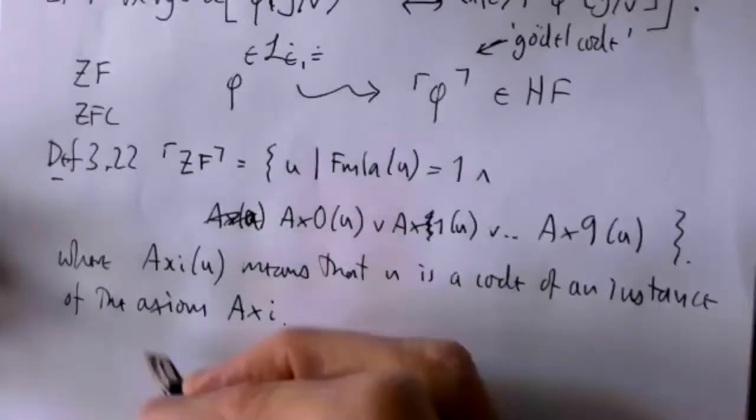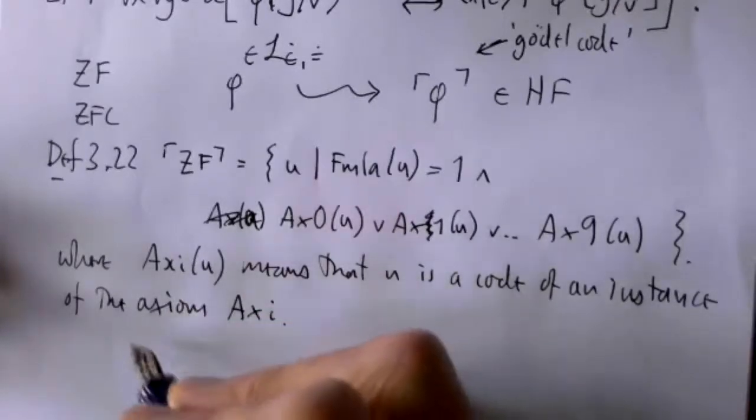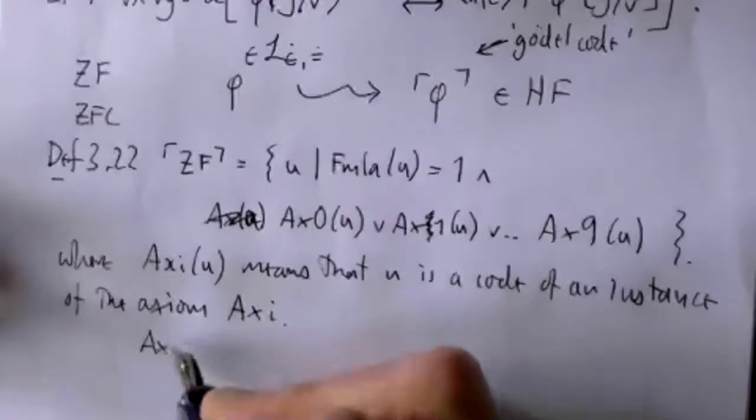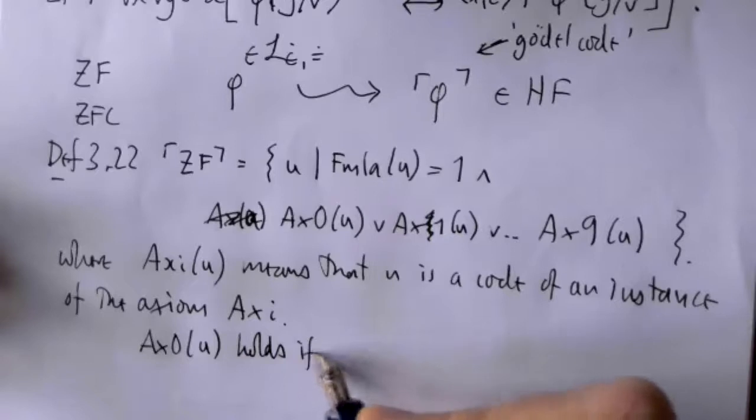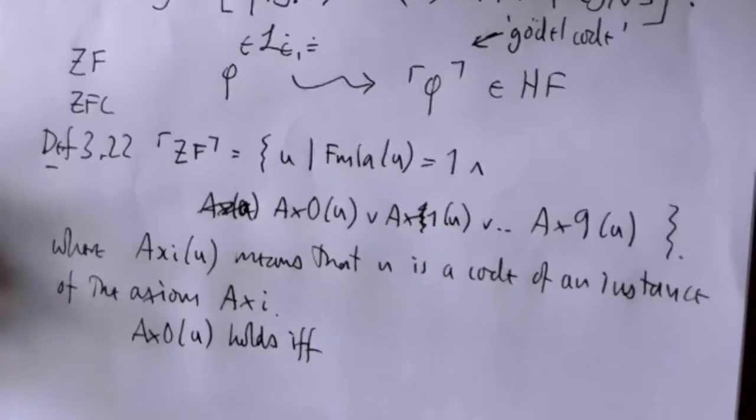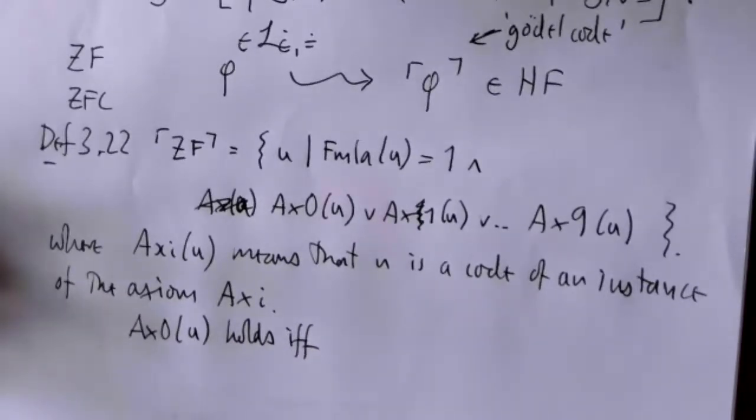For example, AX0 would be the axiom of extensionality. Oh no, I was just wrong. Okay. So the axiom of extensionality